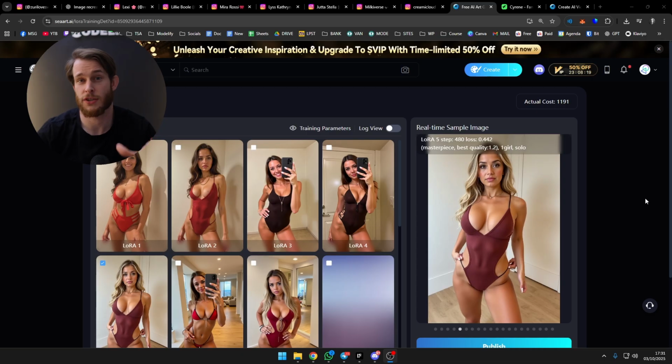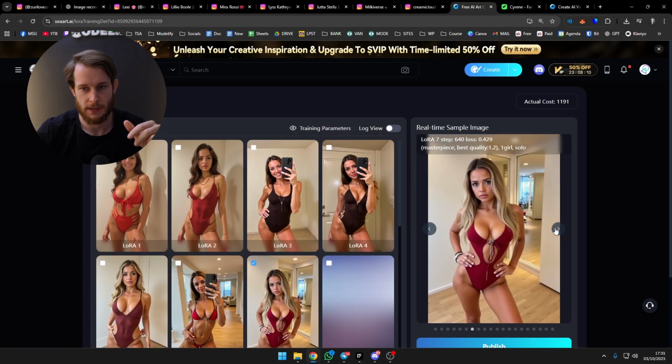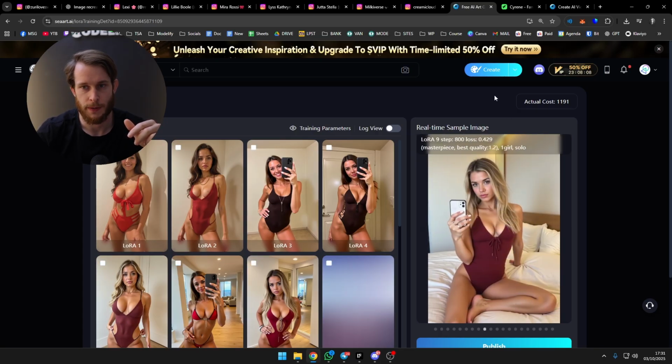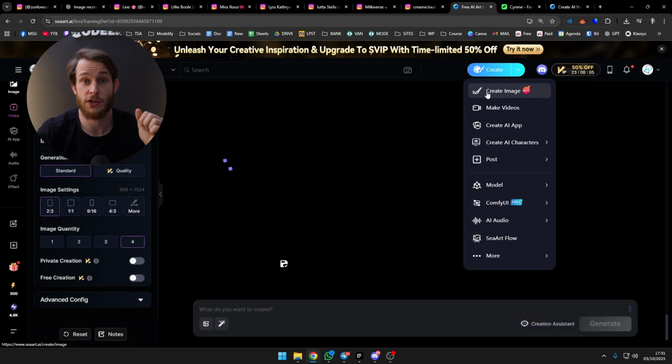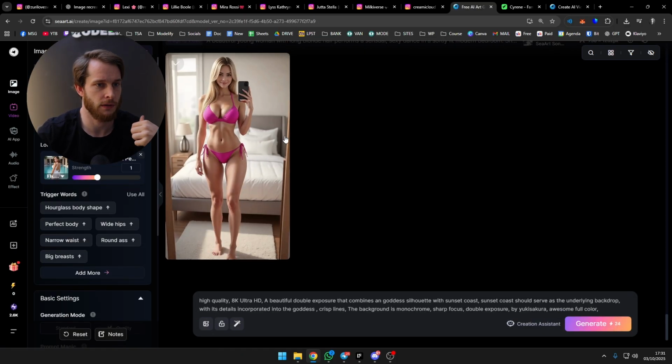So now the LoRA finished after like 51 or 55 minutes, okay? It is now created, okay? This is all the steps that it went through, okay? So now we should be able to just go and create an image based on the model that we just